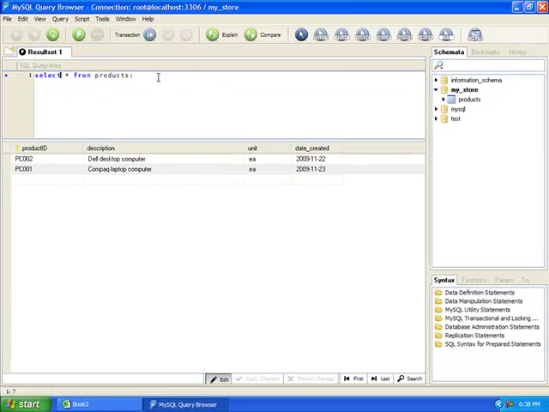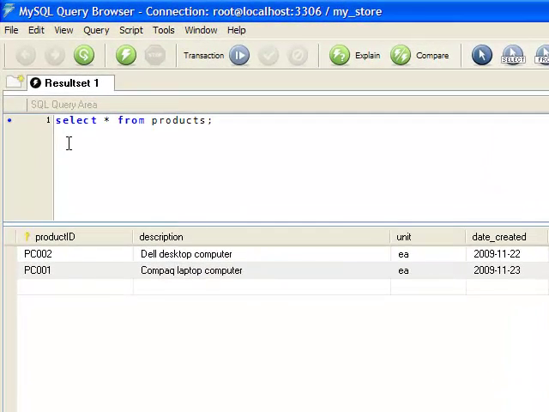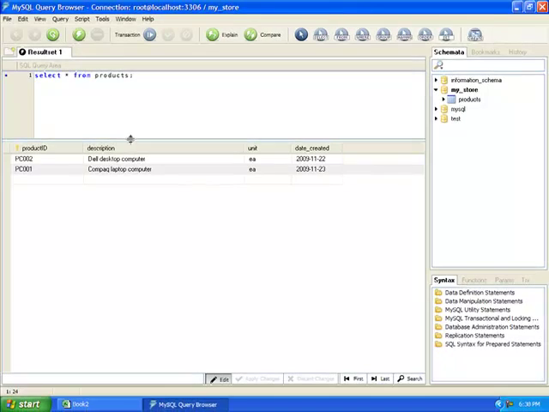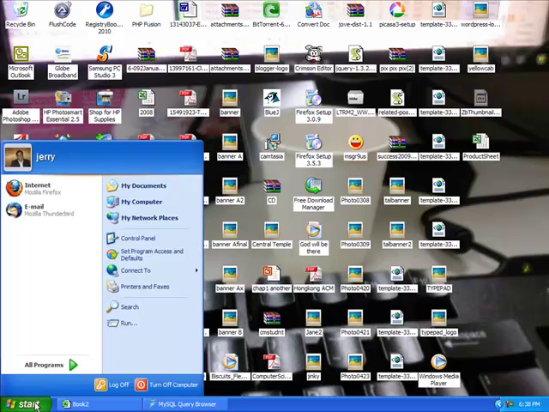Okay, so what if we're going to upload data coming from a spreadsheet? So let us say we're going to enter new rows for this table. Okay, so let us launch our Microsoft Excel.